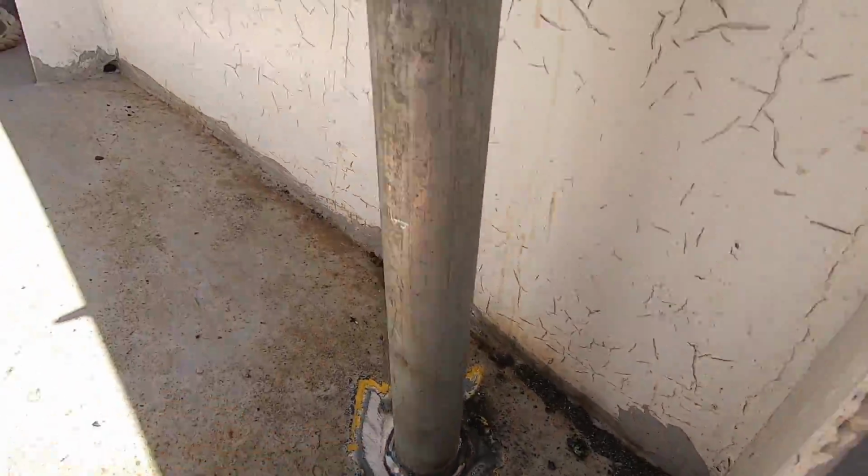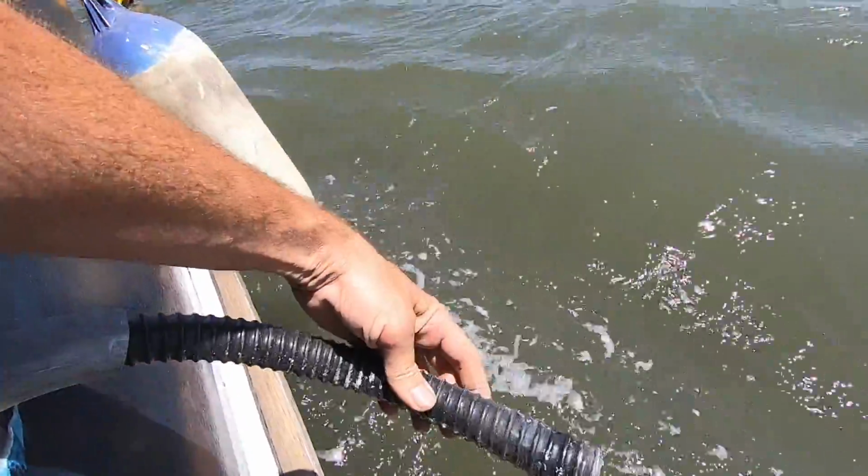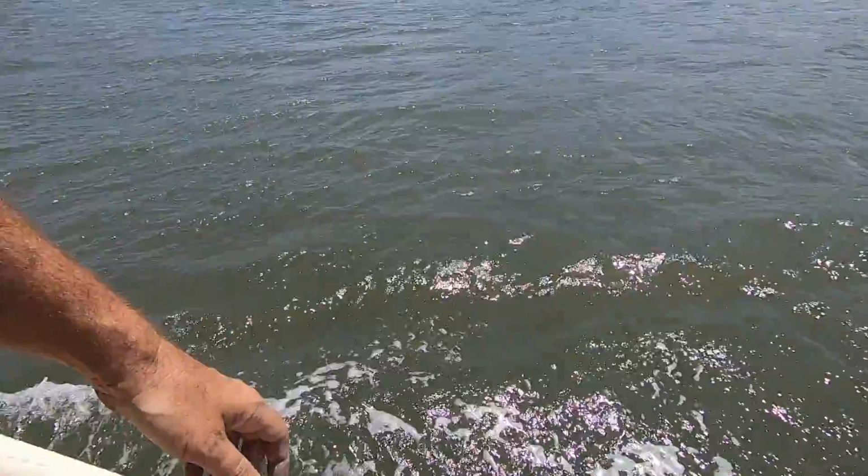I do have this one welded into the deck. I've got the hose coming quite a bit out now. There's plenty of spare hose. I will eventually cut it properly or whatever. Haven't welded the outside yet. See a little hole in there still, so I'll fill the outside with weld, paint it up. But,